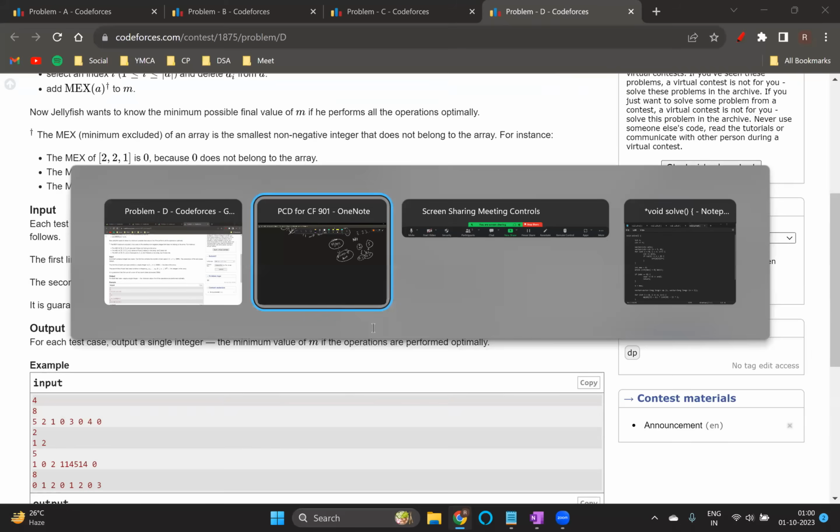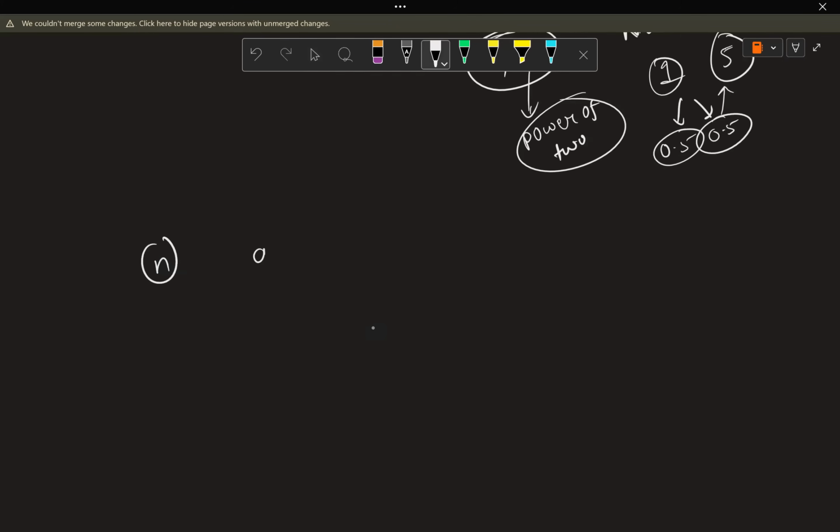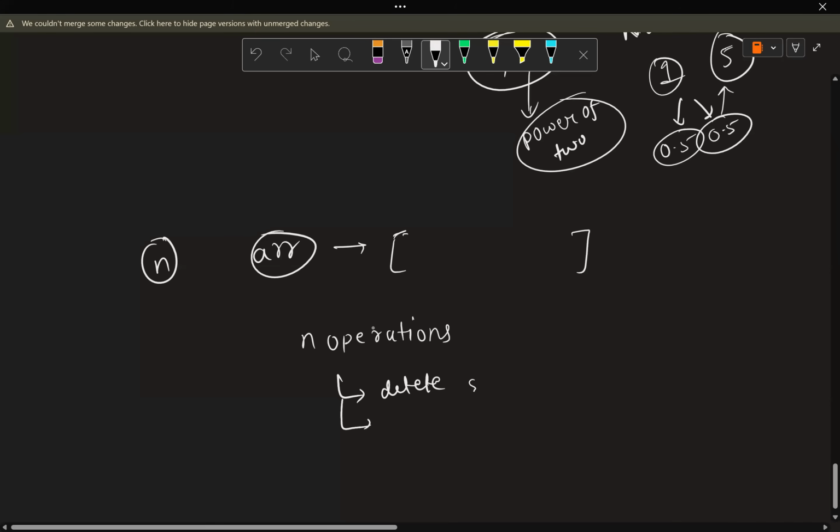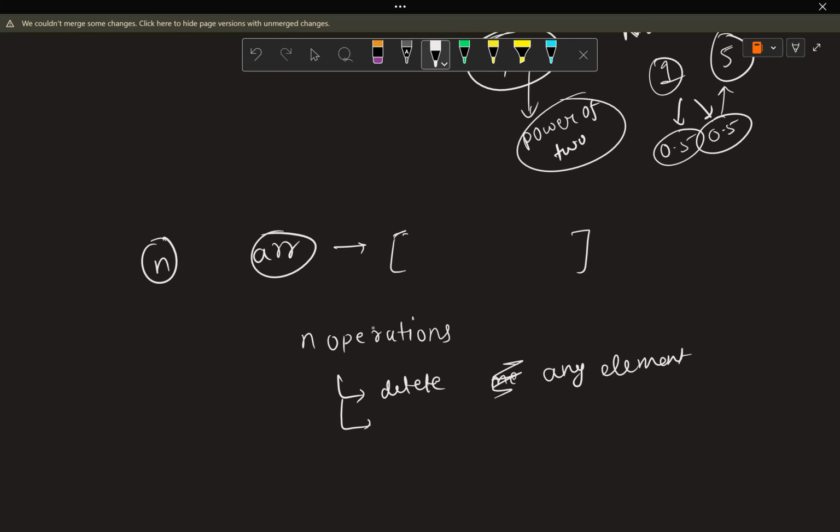Okay, so what will happen is that you will be given some integer n and an array. This array will have some values. You will have to perform operations. In every operation, you will have two things. Delete some element, any element. You have to delete exactly one element, but of your choice, and add the MEX